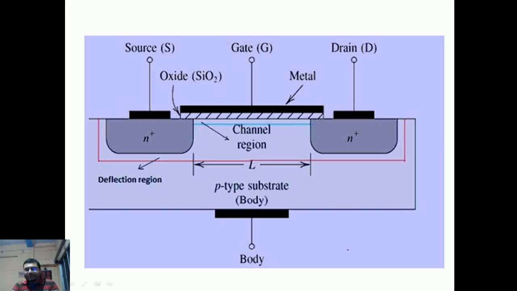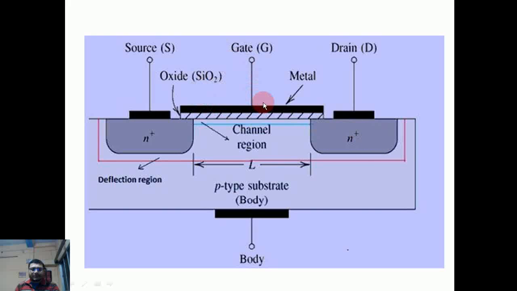So this is the structure of a MOSFET. There are four terminals mainly. You can see over there: a source, a drain, one gate, and one body. It is an n-channel MOSFET. That means the body is p-type and the channel which is formed under the gate is n-type when it is in conducting state. That is why it is called the n-channel MOSFET, and the source and the drain are of heavily doped n-type material,